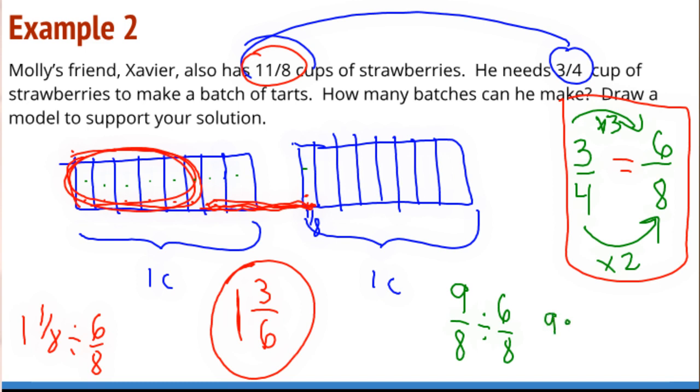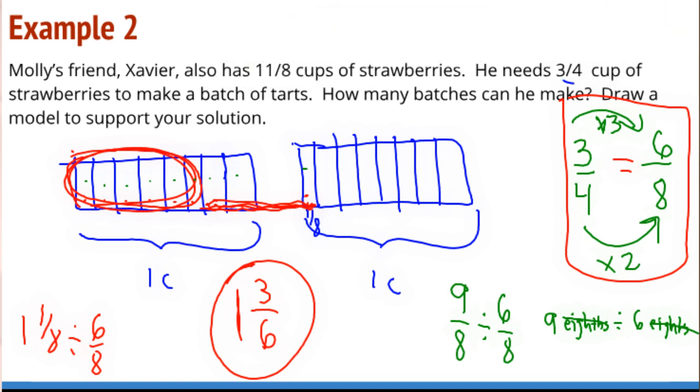So my 9/8 divided by 6/8, and the 8s will cancel each other out, and I'm left with 9 divided by 6. And once again, I'll sneak this into the corner. 9 divided by 6. 1 times 6 is 6. I get 3. 1 and 3/6. So I've got 1 and 3/6